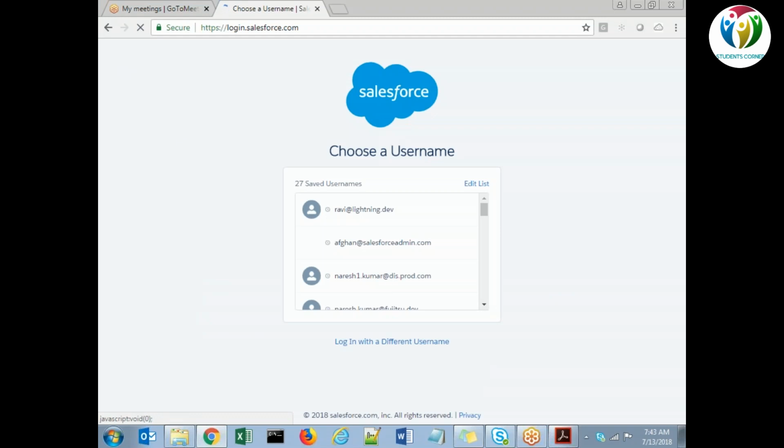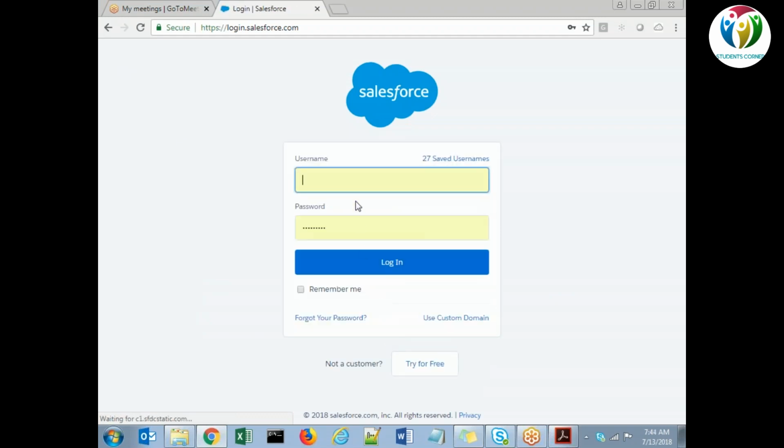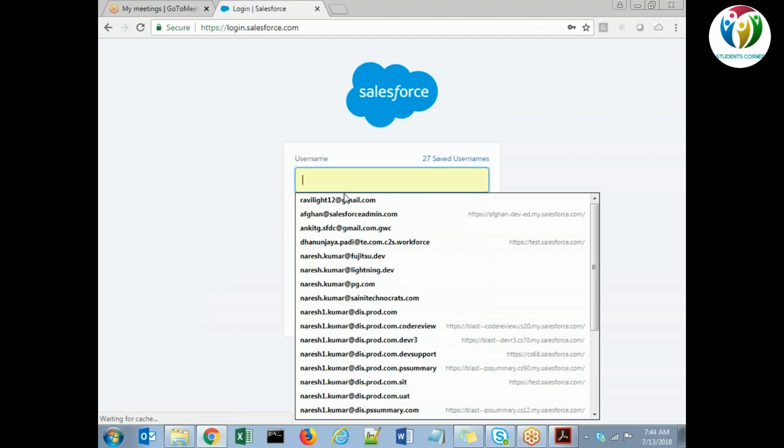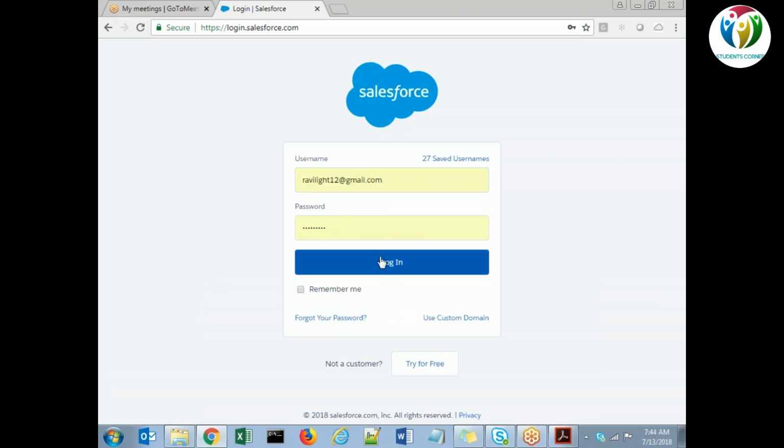So let me log in. Yesterday I said today we'll be displaying the records from the backend to the UI.